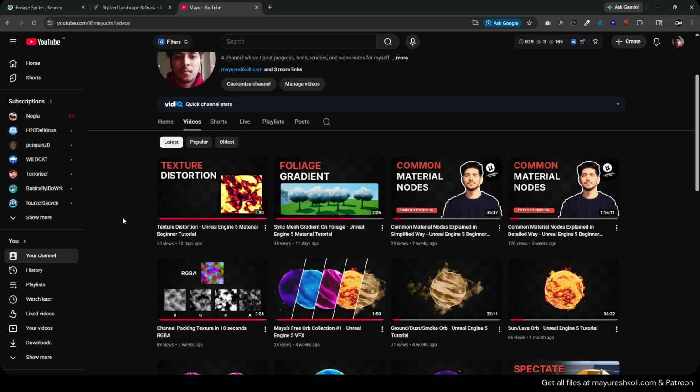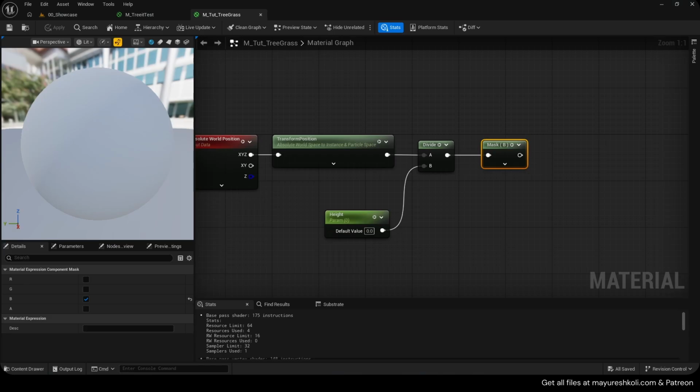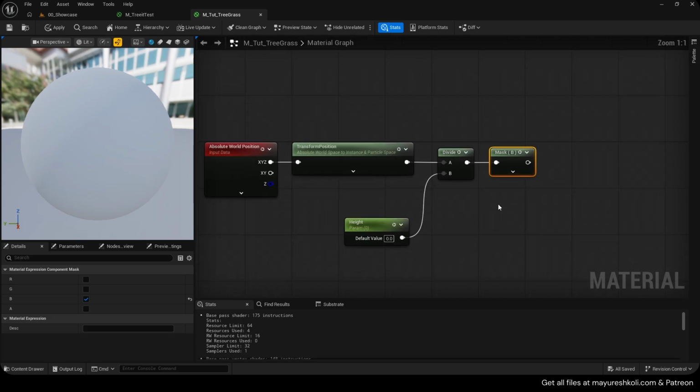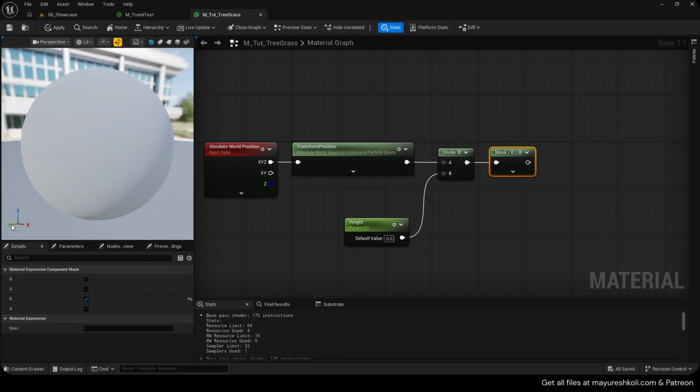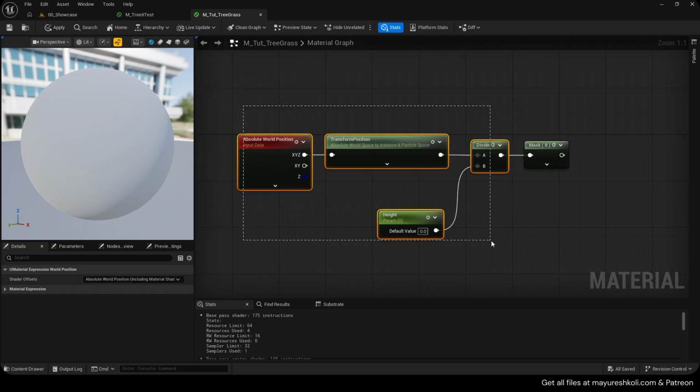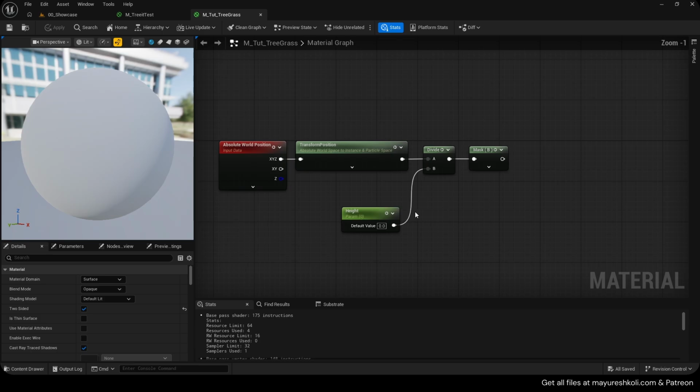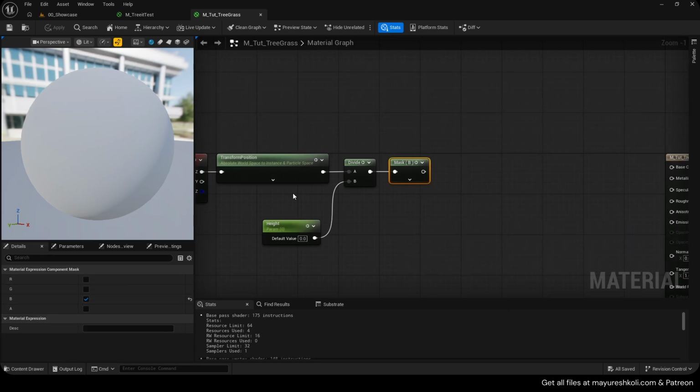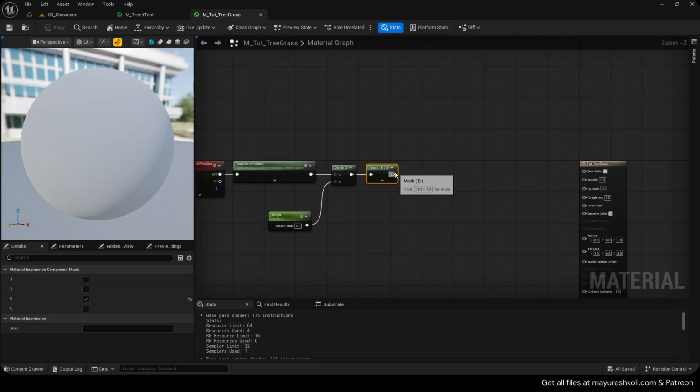If you want to learn more about what these nodes are in detail, there is a video called Common Material Nodes by me and also a simplified one, but I would highly suggest watching the detailed version. I explained all the common material nodes so that I don't have to explain in every single video. But this one basically gives us the Z axis. If you use R, it will give us the X axis. If you use G, it will give us the Y axis, and B, it will give us the Z axis in here, as per this node setup. So that way you can get a gradient from left to right, front to back, or up to down. We want up to down, which is why I use B, which would give us the Z axis. If I add it directly,